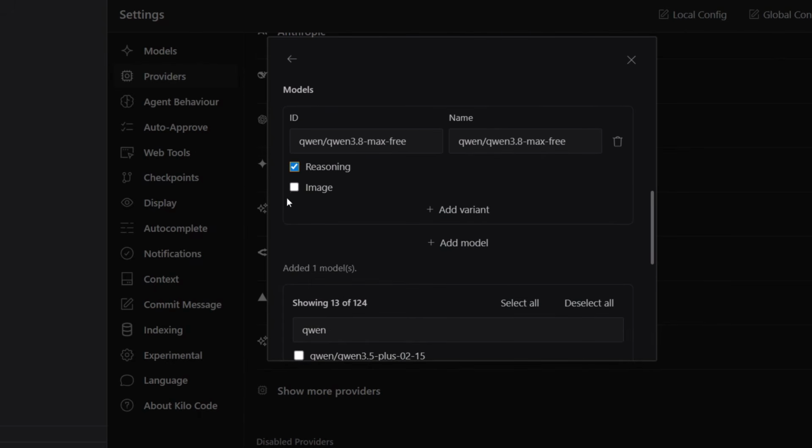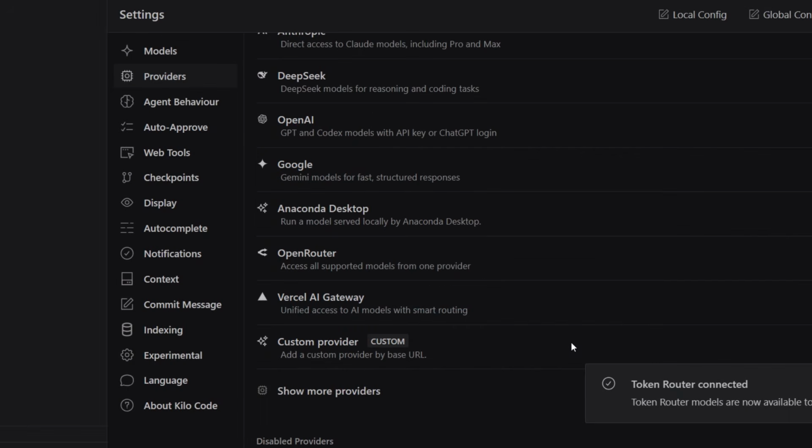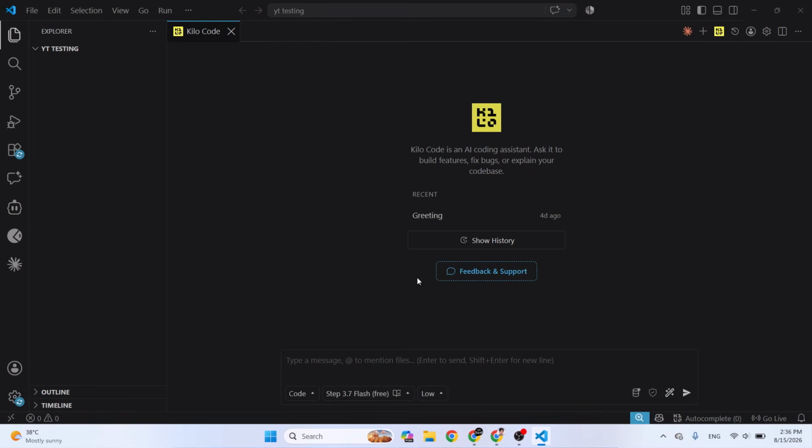Check reasoning also, and if you want to work with image, you can select image also. So let's submit it. Yeah, the connection has been created. TokenRouter connected. Let's close the setting. Come back here. This is the TokenRouter. Okay, so